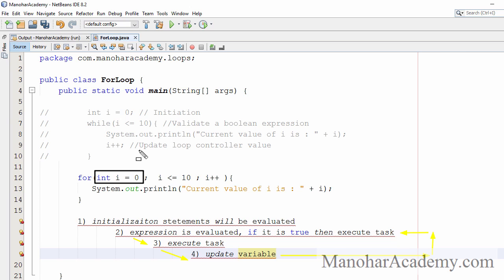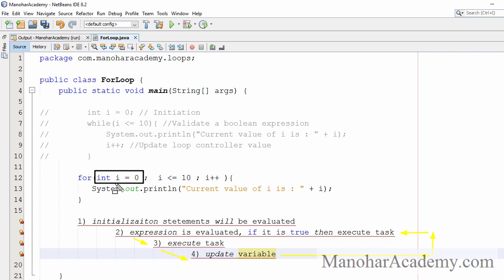It is more readable than a while loop, and it keeps the initialization, evaluation, and the updation part of the variable in one place. So that is a simple for loop. There are some other details like what can go in this first one, before the first semicolon. Not only initializations, there can be some expressions also. So all those things we will discuss in a different video that will be titled for loop in detail. Please watch out for that video.